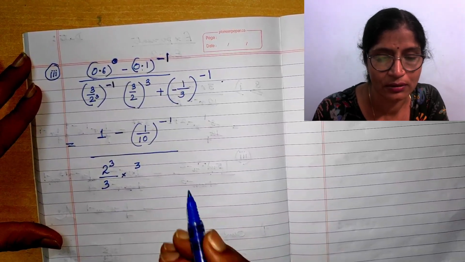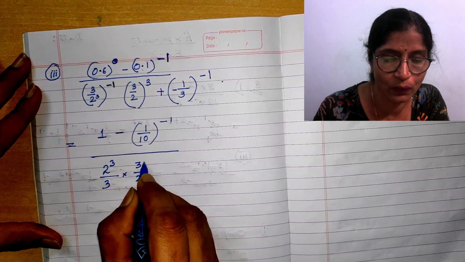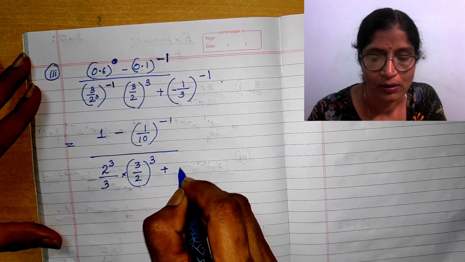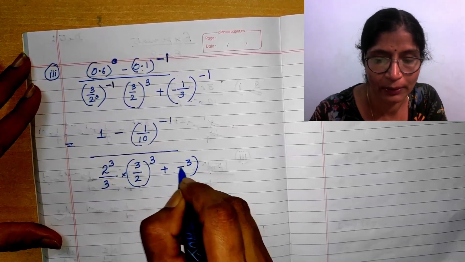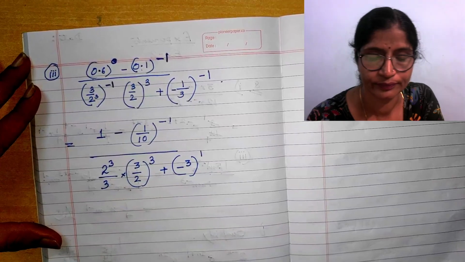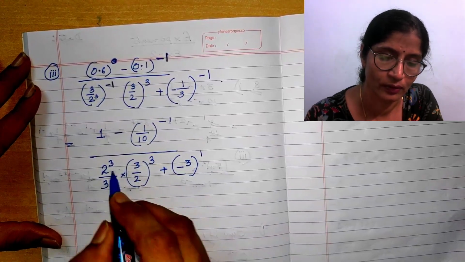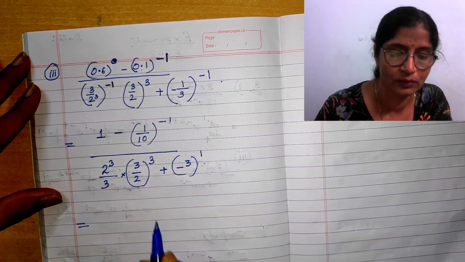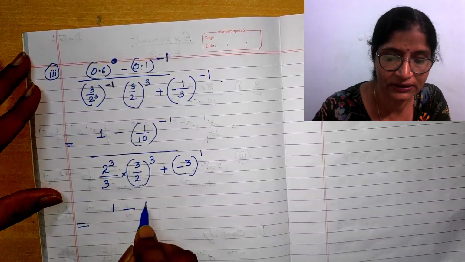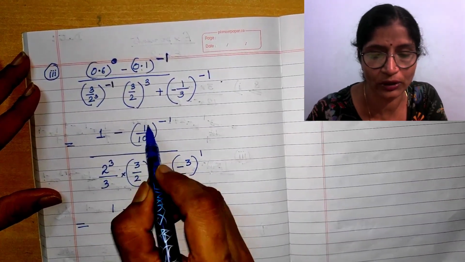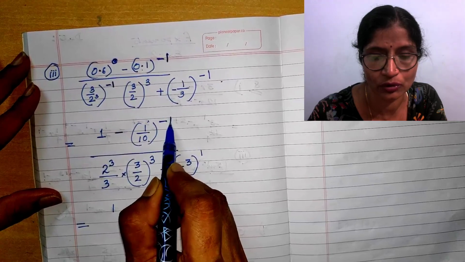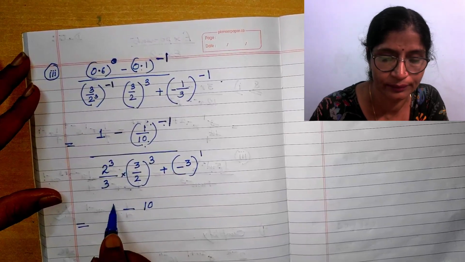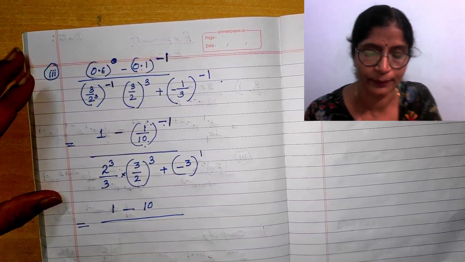this is 3 by 2 whole to the power 3 plus 1 by 3 to the power minus 1. So that is equal to 1 minus 10. Why is it 10? Because 1 by 10 to the power minus 1. So to make it positive, this 10 will come up, 1 will go down. So it is 1 minus 10 divided by,